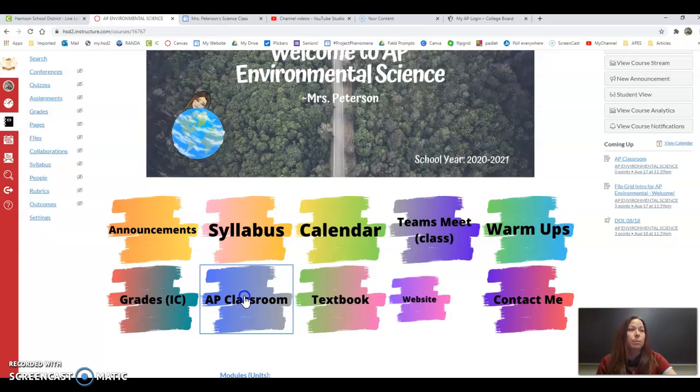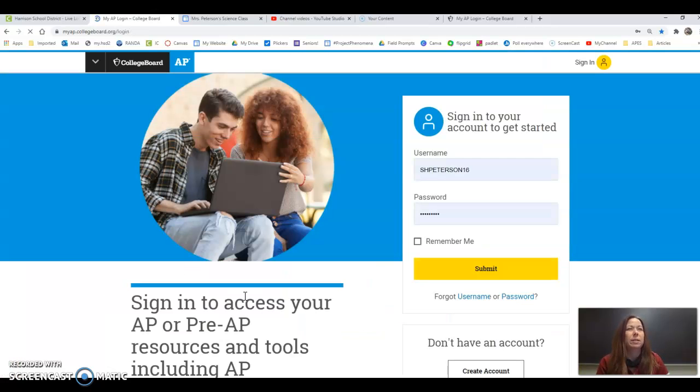So AP Classroom, when you click on it, it's going to take you to AP Login. Now, I do apologize because this does not have a teacher-student view of it like Canvas does. But once you log in,